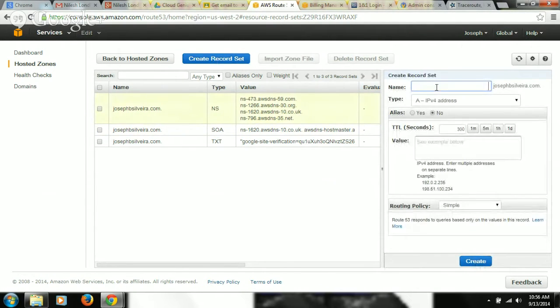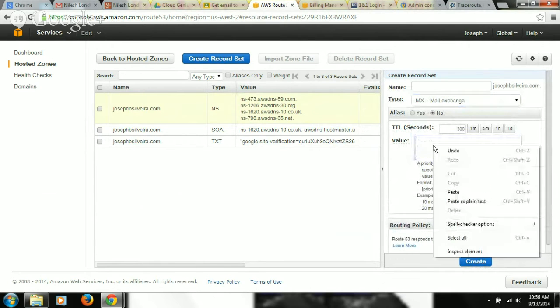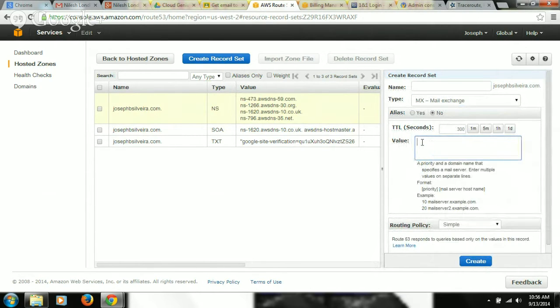Now drop down the type to MX and paste in the value. Take 60 seconds as opposed to 300. Take 60 seconds. Can I rename it or something? No, nothing. 1 minute.